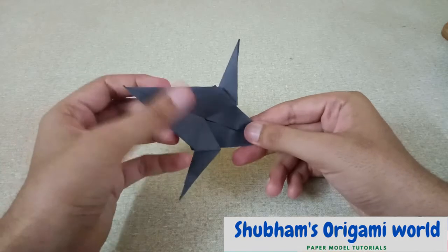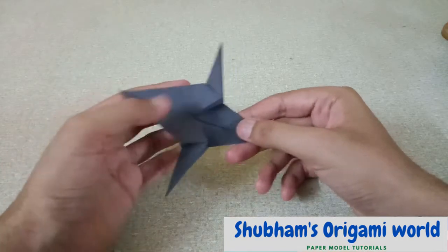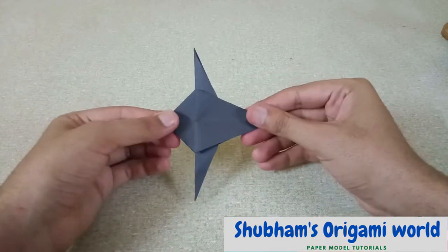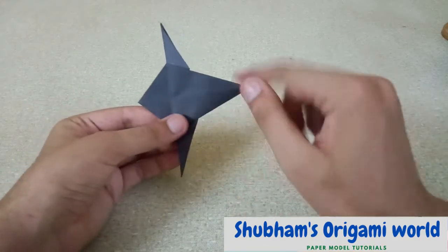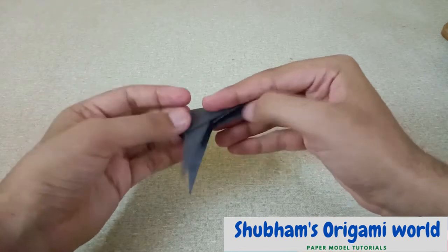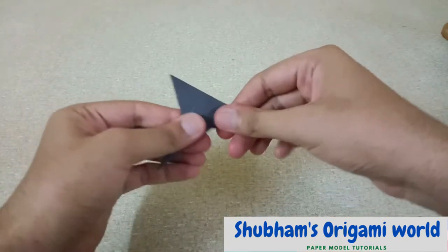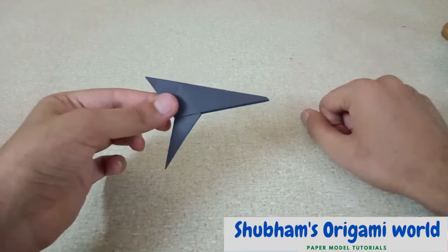Now fold this flap also towards the downside like this, and fold the model in half like this. Okay,